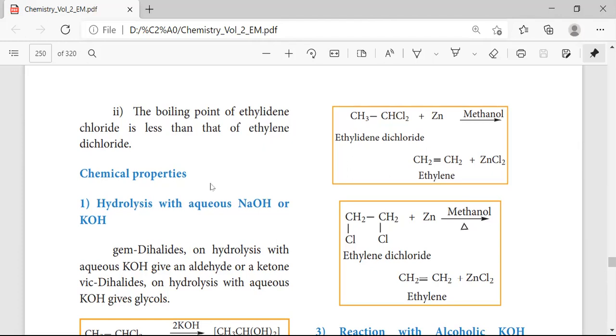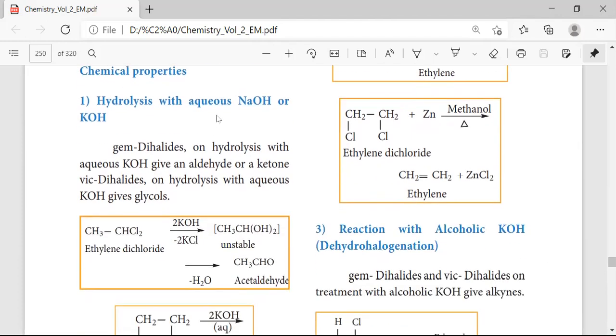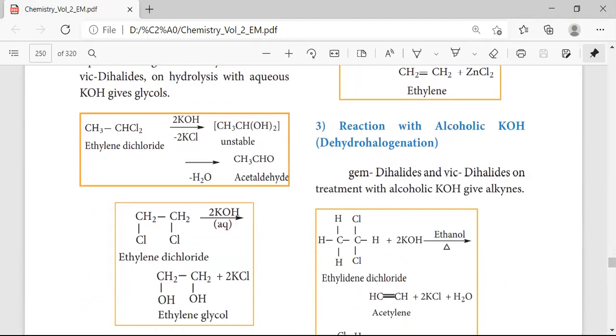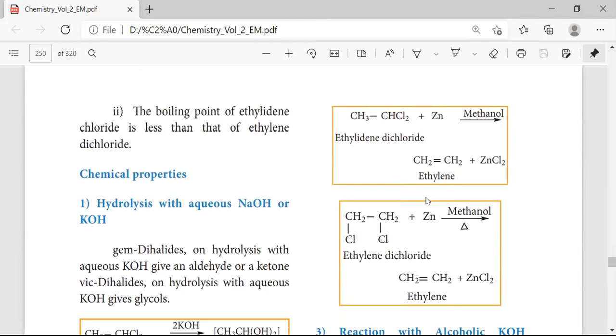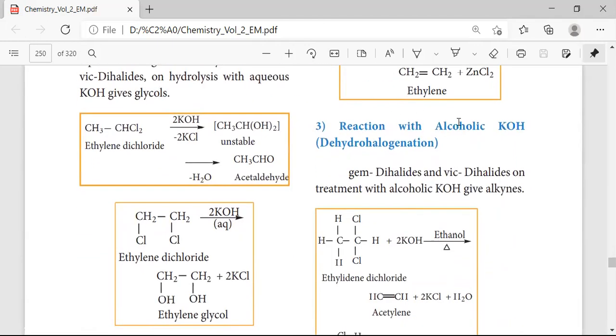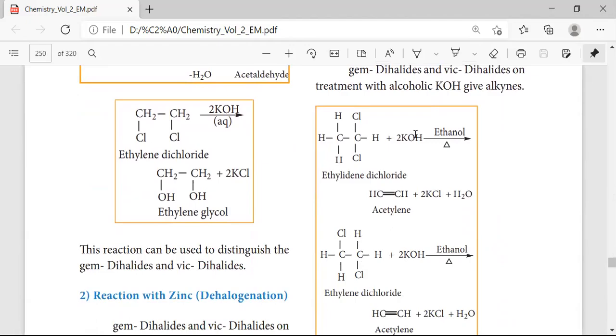Now I will move on to chemical properties. Here in chemical properties, the first one will be hydrolysis with aqueous KOH. Here on hydrolysis, it is simply addition of water molecule. The reaction first starts with the reagent ethylidene dichloride in the presence of KOH. HCl gets removed, get the product is acetaldehyde. Okay. With alcoholic KOH, that is on dehydrohalogenation,